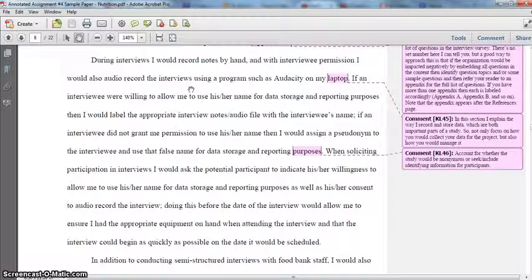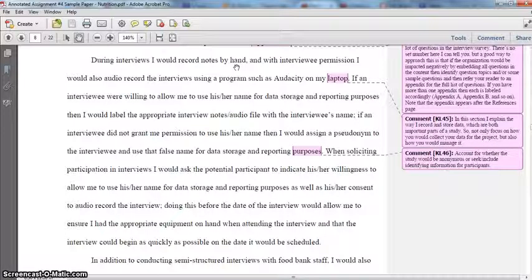Now, if you're doing an interview, it's a good idea, with permission of the interviewee, to actually record that interview, whether with video or audio. But even if you do that, you also do want to write notes by hand, because you never know whether the technology is going to fail on you, and if you had depended purely on the video recorder or on the audio recorder of your laptop, if something happened to that file, your interview would be completely lost. But if you've been handwriting notes, then you would be able to reconstruct the interview, at least to some extent, so you wouldn't have lost all of that data.